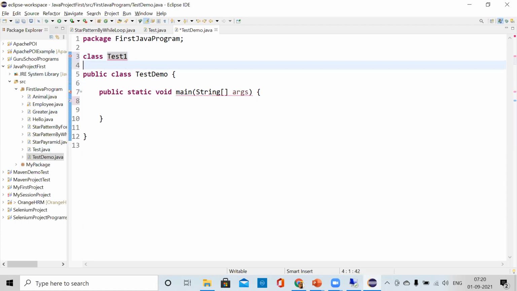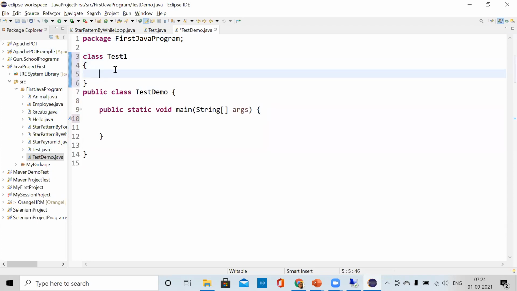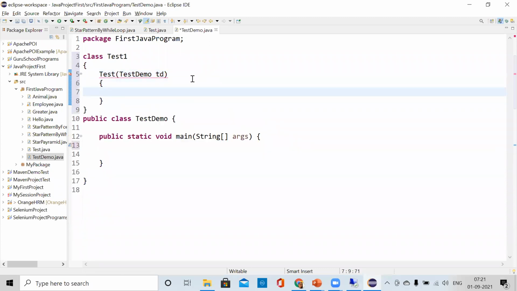Because we have already created one test class. Inside that, we are writing one constructor. Inside this constructor, we are calling this class object, TD. This is a constructor.